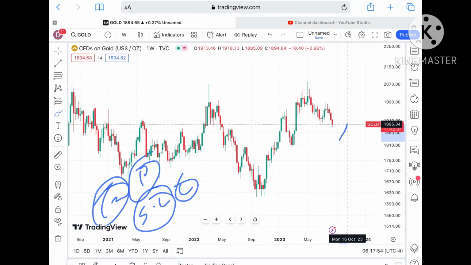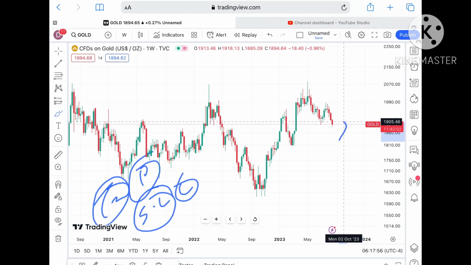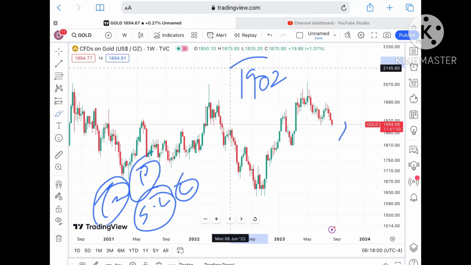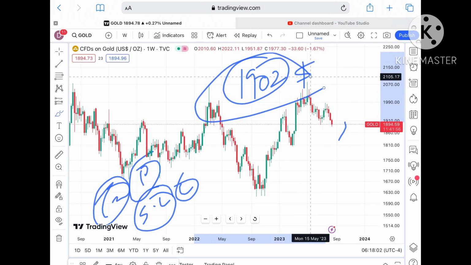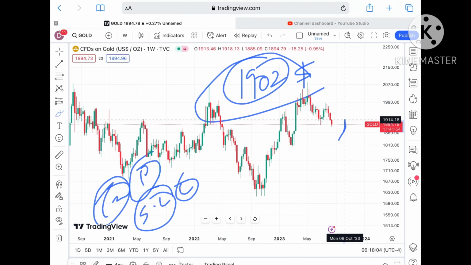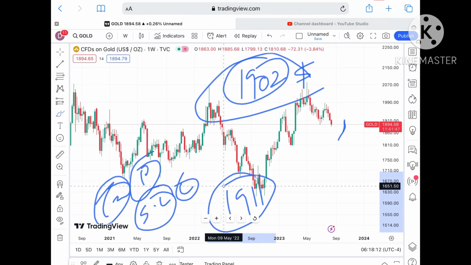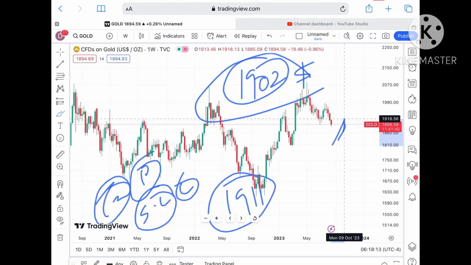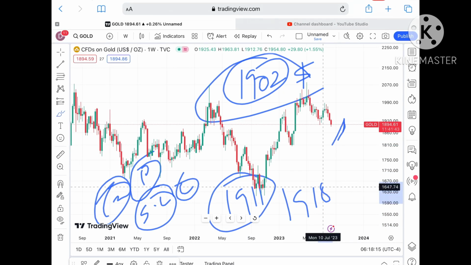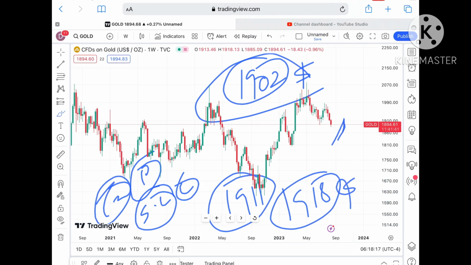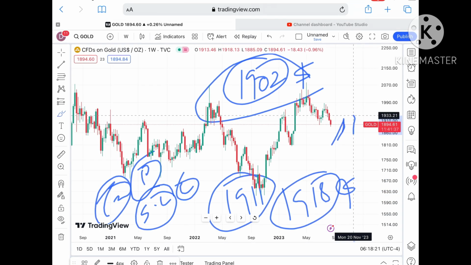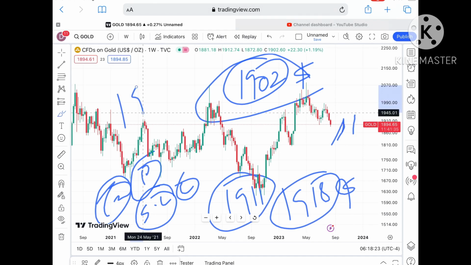Suppose if the price sustains this level, we can see it can go towards its next resistance above a level of 1900 and can touch a level of $1902. And if that level also sustains upside, you can see it will go further high and can cross a level of 1911, and chances are very high it will go further upside and a probability of going towards 1918 is there. Okay, now once the price sustains above 1918, a probability of going further high we can see, and chances of touching a level of 1933 is there.